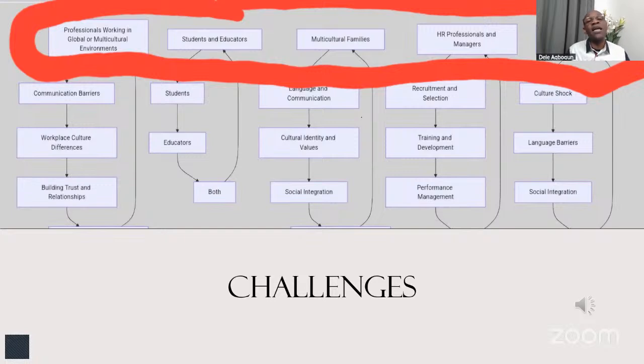If you look at students and educators, I personally work in the educational sector. I am a lecturer in one of the universities here, and I have students of diverse cultures. You have them from different countries. And if you are not culturally aware or do not have that cultural competence in how you integrate in order to connect with people, you can find yourself in trouble.